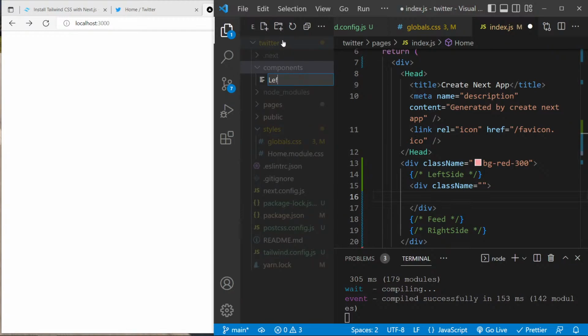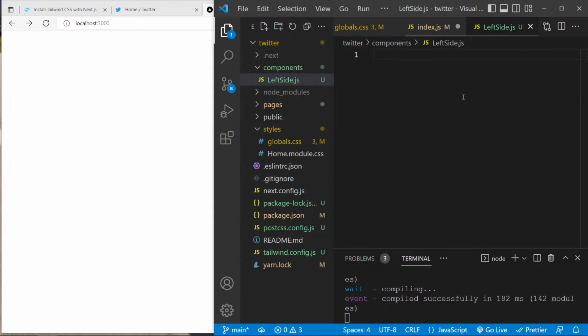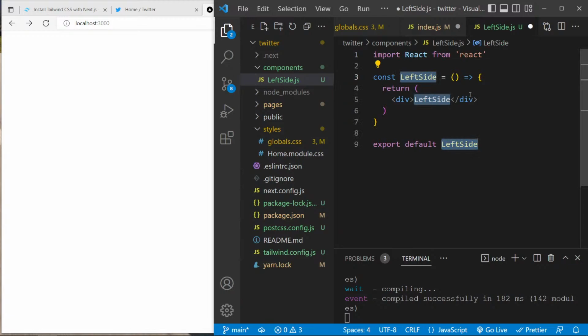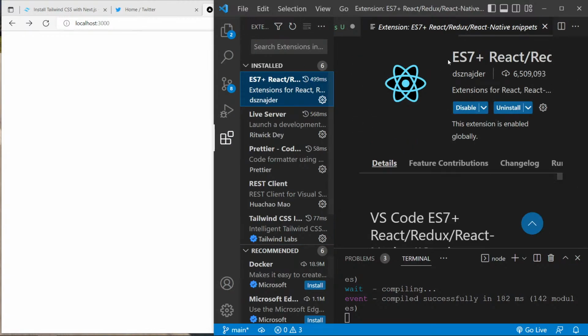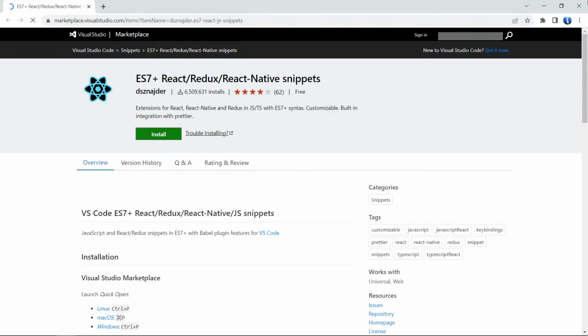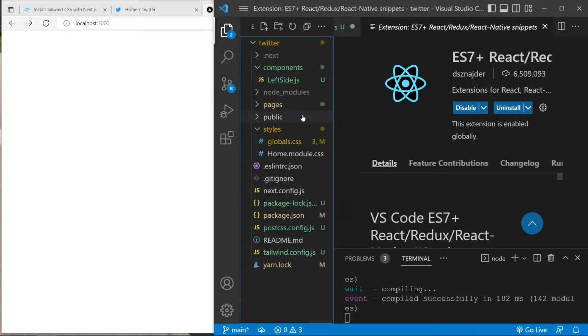So I'm gonna say left side.js. I'm gonna say REACT.JS. This is extension. If you want to install this, you can go to extensions and install this ES7 React Redux native snippets. If you go back to the files